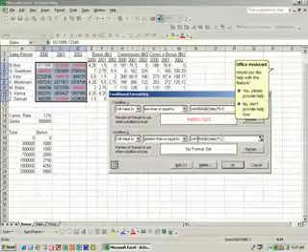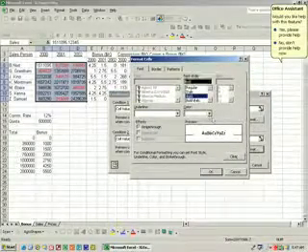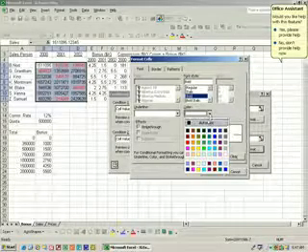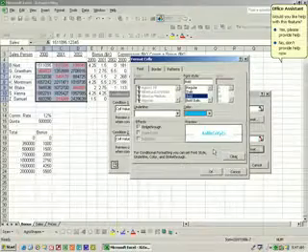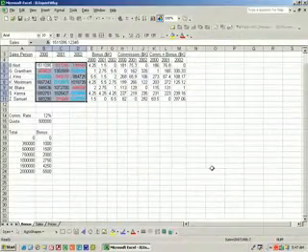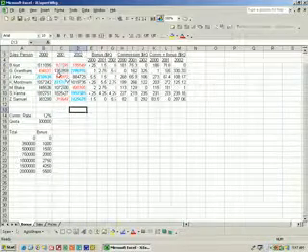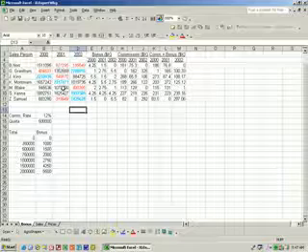and then we need to click the format button again, and on the font tab let's select bold and we'll select blue as a color, and OK, and OK. And now clicking some other cells, say C13 or something, to see the effect. And now let's go back to the Prices tab